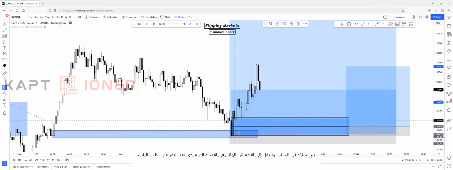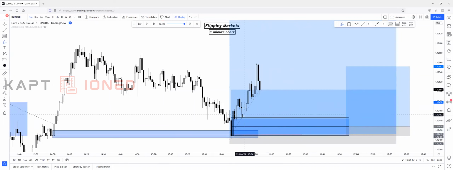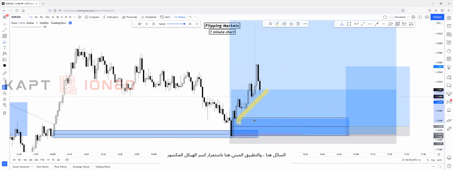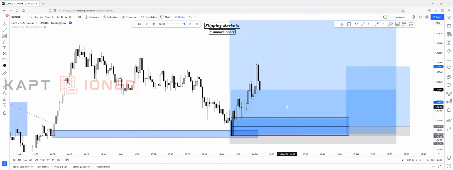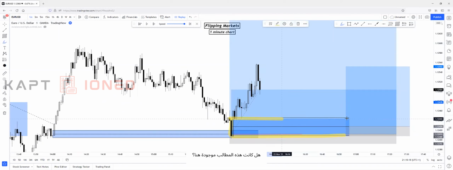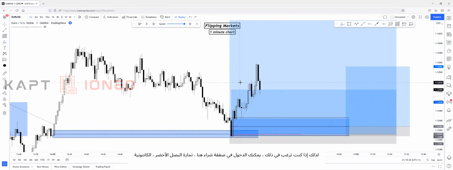Price created an inefficient move to the upside, a huge recovery after the demand tap, built up liquidity here, built up liquidity here, continuously breaking structure to the upside with inefficient pushes. So price has a great chance to sweep this liquidity trend line, sweep these double bottoms, triple bottoms, sweep this line. And actually the start of the whole order flow was this demand zone right here. So if you'd like to, you can enter in a long trade here, a scaling trade, a continuation trade, because